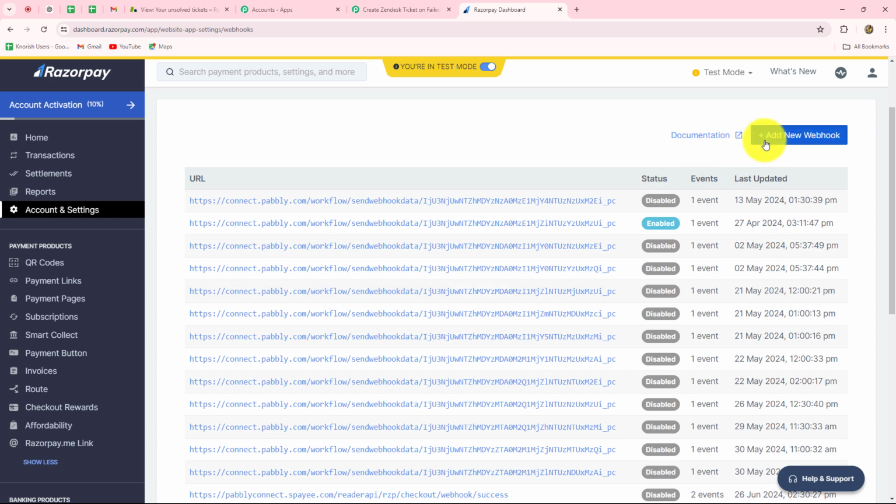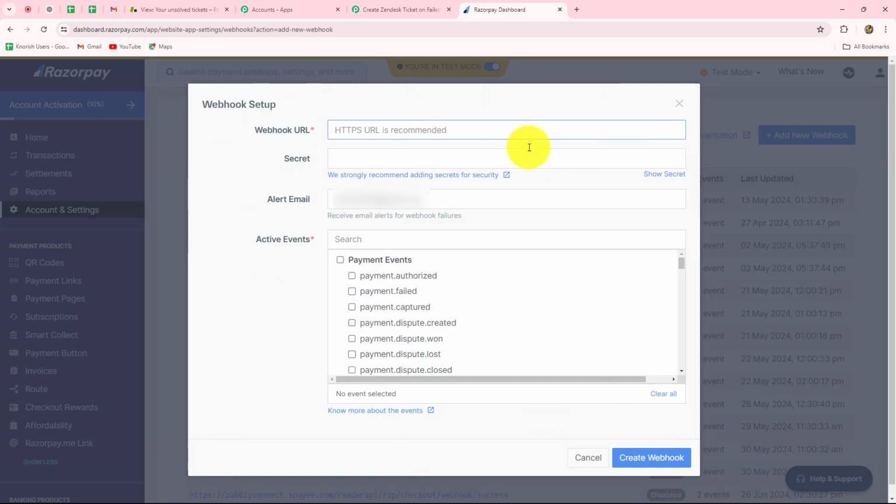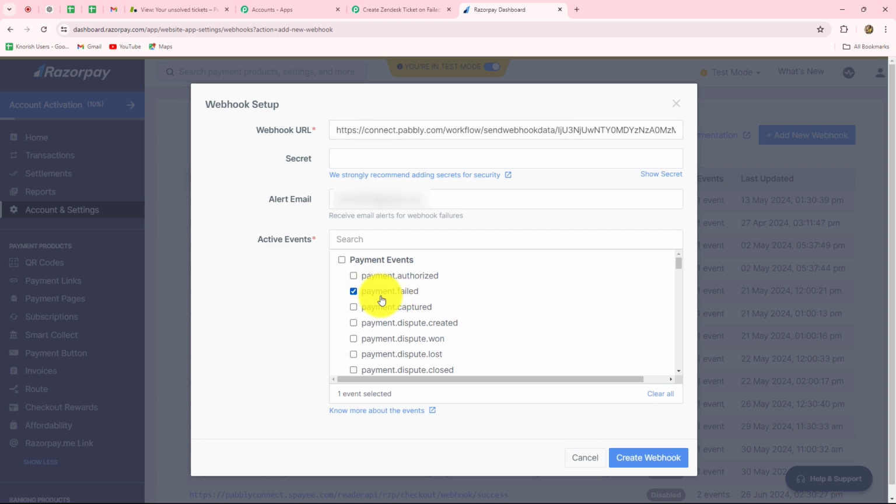Now when we are going to click on add new webhook button, we have to enter certain details over here for creating a new webhook and for building the connection between Razorpay and Pabbly Connect. So first of all, in the webhook URL field, we will paste the URL which we have copied. Then we have to select the active events, that will be failed payment over here,